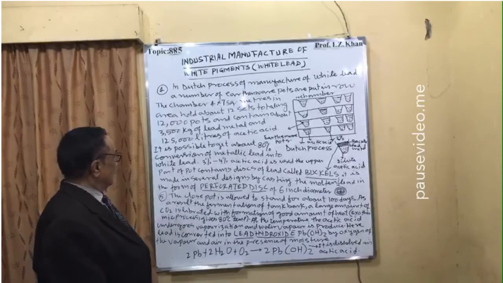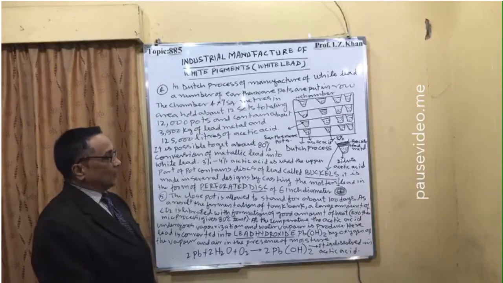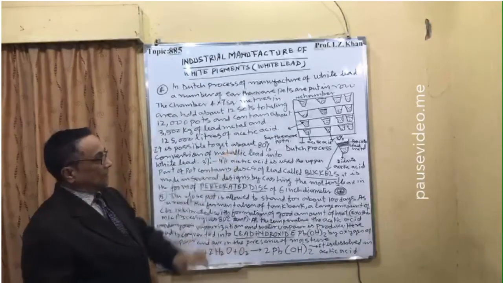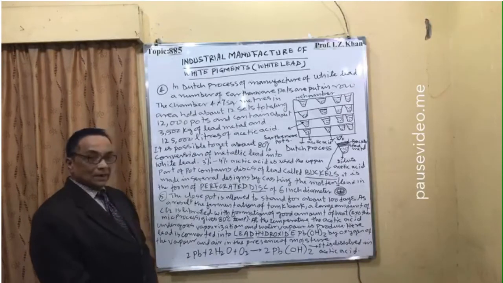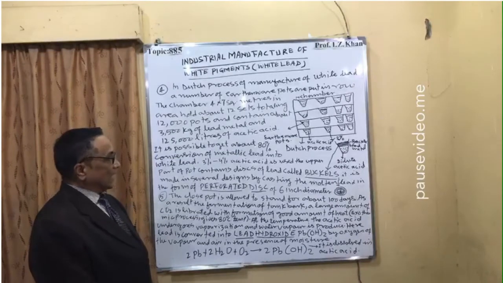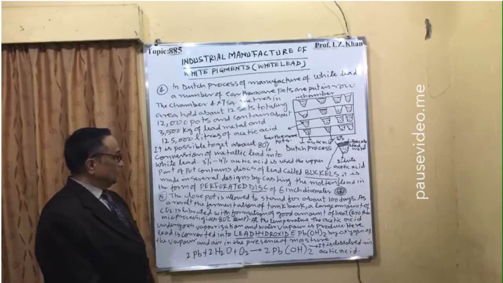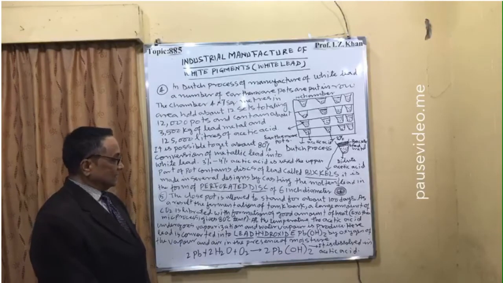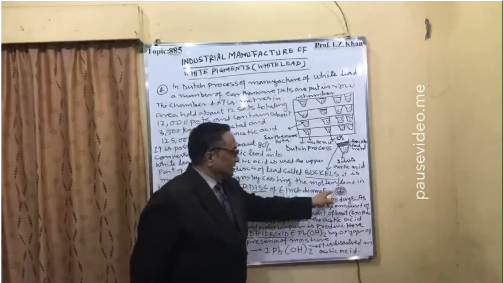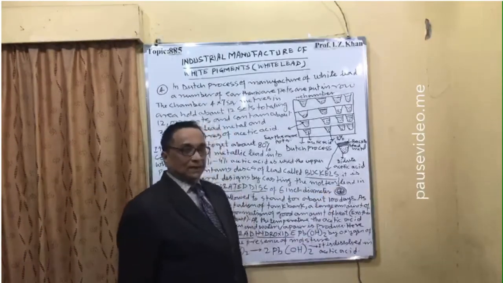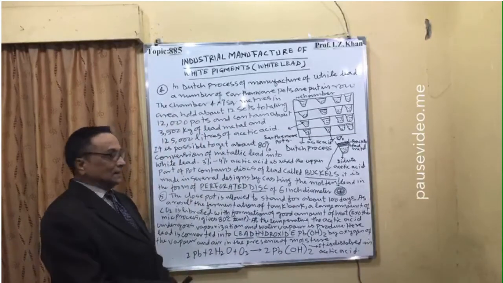In the upper part of the pot is a disc of lead called buckles. I have already shown the buckles here, and they are made in several designs by casting molten lead in the form of a perforated disc of 6 inch diameter. So this type of disc is prepared of perforated lead, 6 inch in diameter.